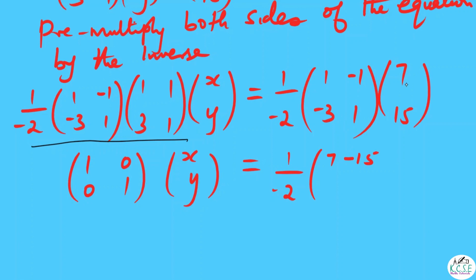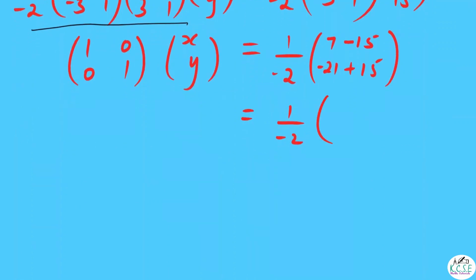Then you have negative 3 times 7, that is row 2 column 1, this will be negative 21. Then 1 times 15, so this gives 1 over negative 2. 7 minus 15 is negative 8. Then negative 21 plus 15 gives